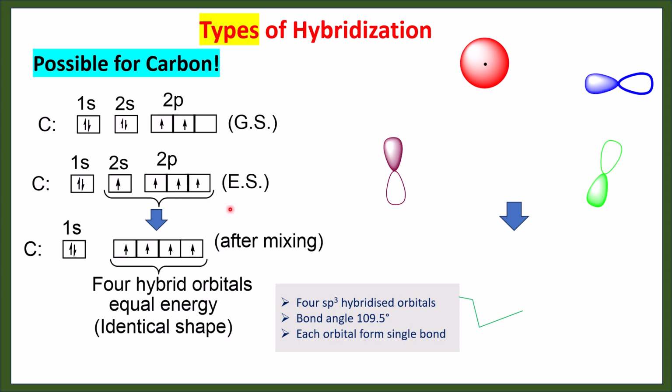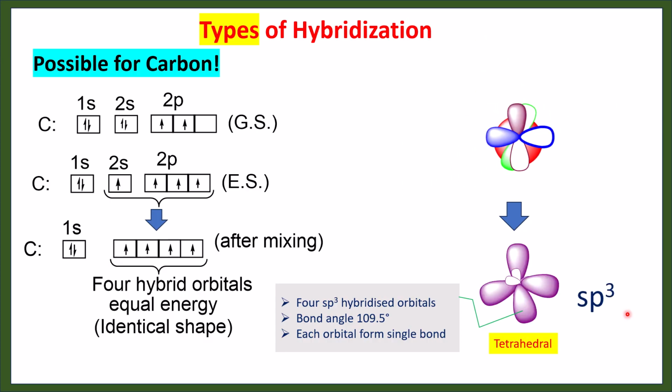electronic configuration of carbon. And if all the s and all 3 p orbitals mix, then after mixing it can produce the 4 hybrid orbitals of equal energy and identical shape. We could see how this gets mixed, and after mixing it forms the sp3 hybrid orbital, and its shape is